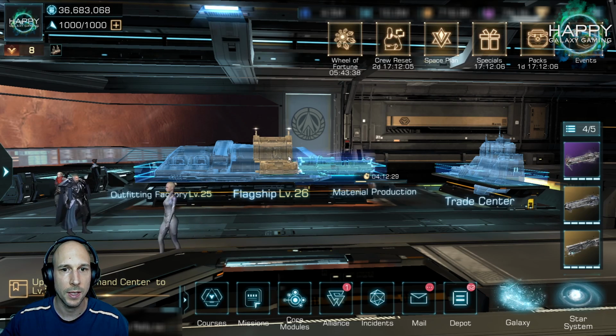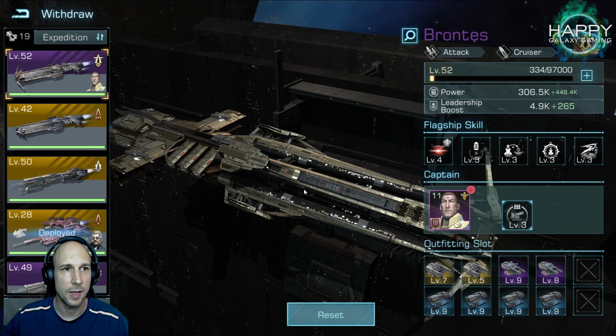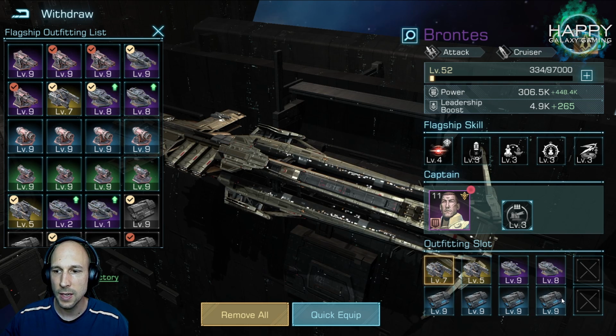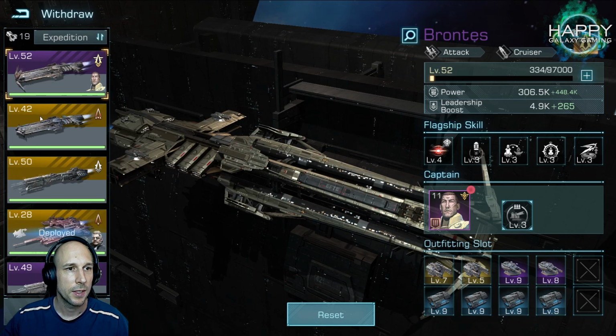So I now know that I need to have kinetic weapons on my Prontus, and this is what I already installed here before. So I have 4 kinetic weapons, and at the moment 4 warship HP modules. The next one then